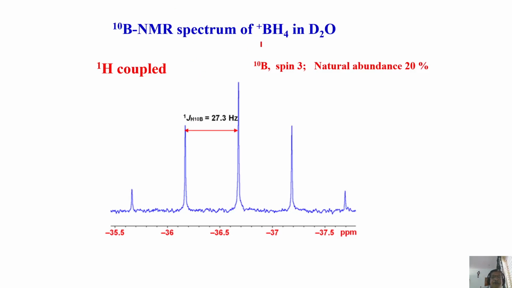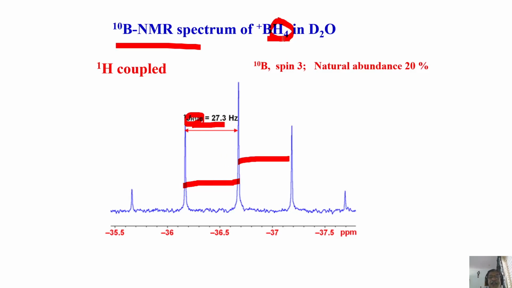Boron, when you are observing, you have to see the coupling with proton. But in this example, what we are seeing is a 5-line pattern where it is coupled to boron 10. It is a boron 10 NMR. There is also boron 11. We'll come to that later, how that spectrum comes. In the boron 10 NMR, boron is coupled to 4 protons. Using the Pascal triangle, you get 1:4:6:4:1 intensity. The adjacent peak separation gives you boron 10 and proton coupling.